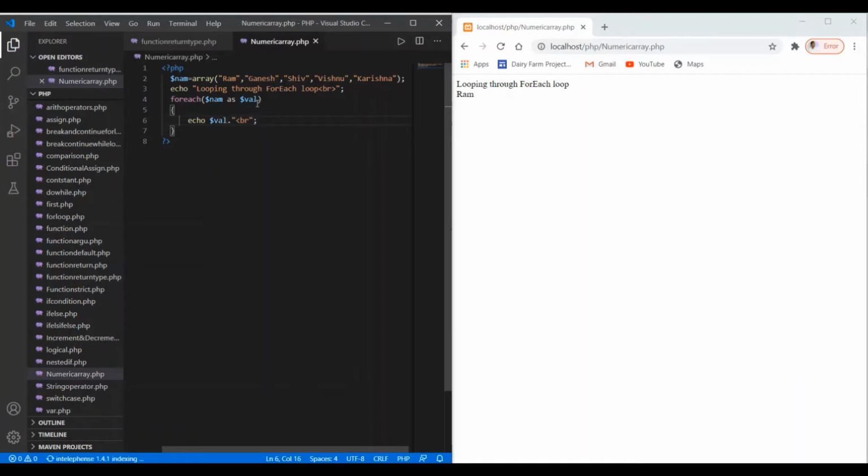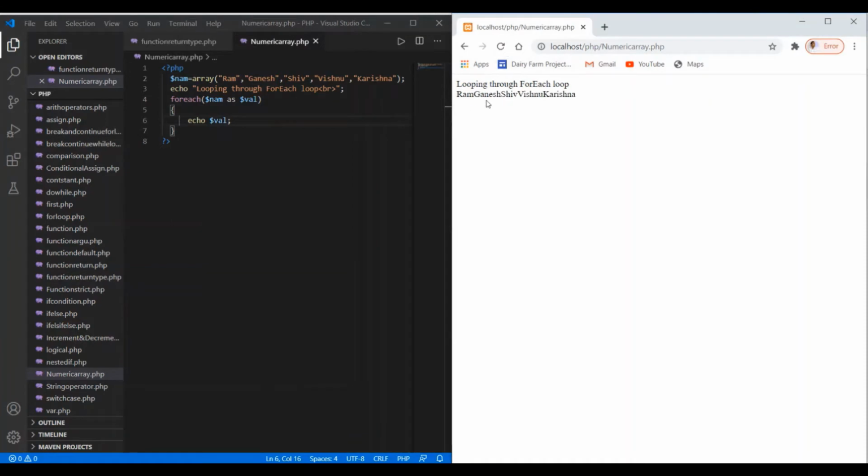Save the changes once again and refresh it. Just remove this, save the changes again and refresh it.